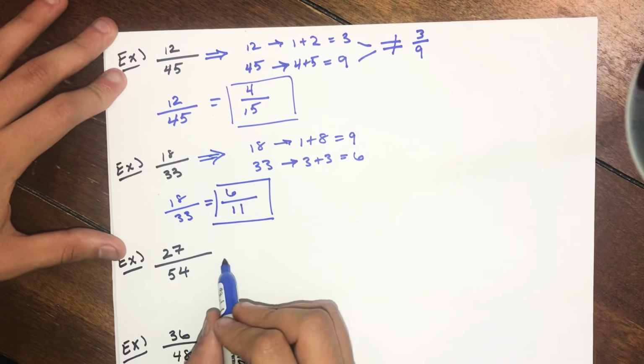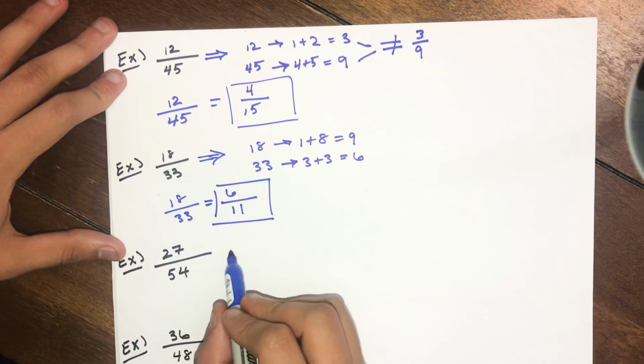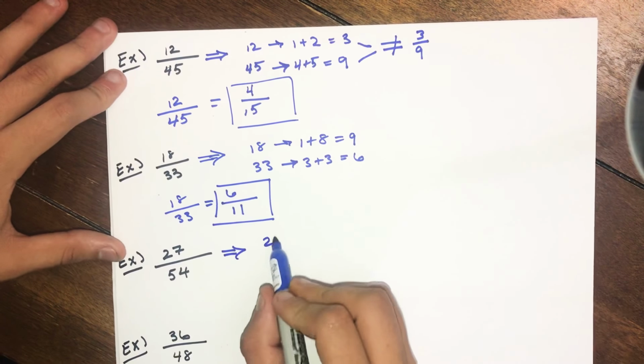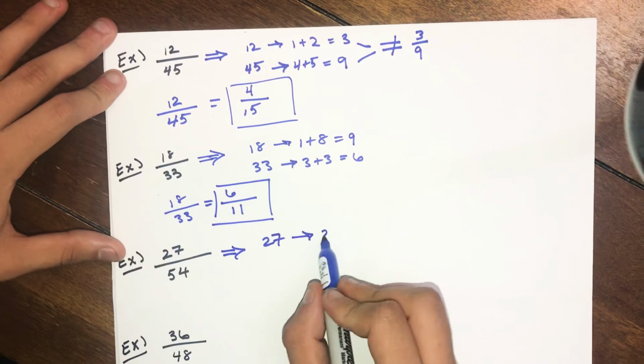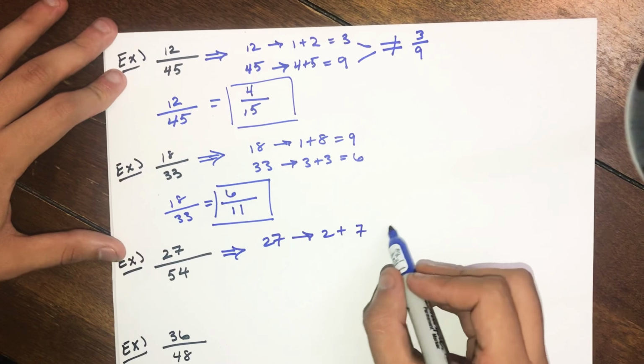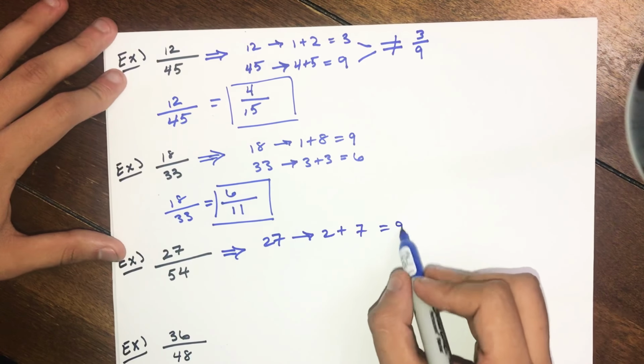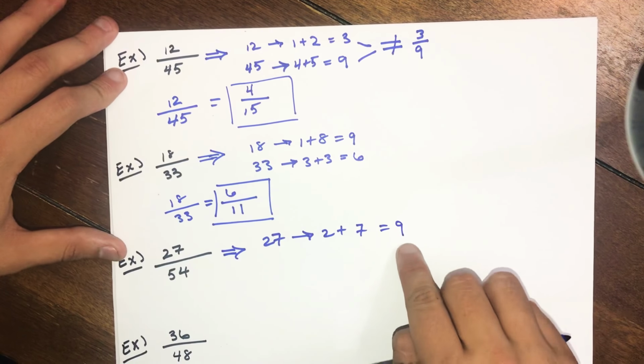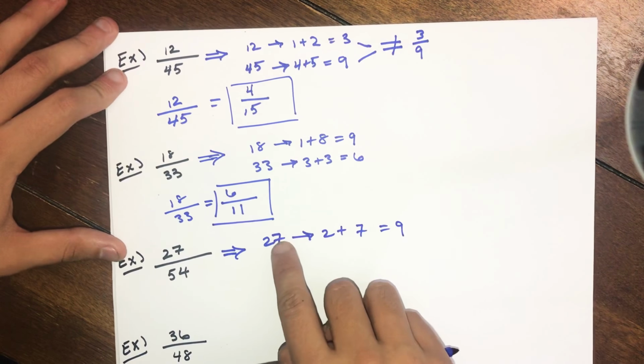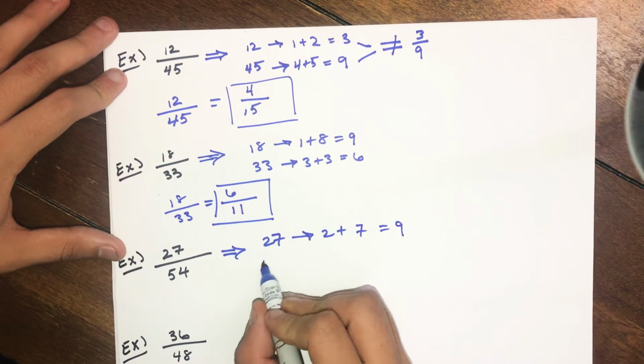Okay, another one. 27 and 54. Okay, 27 is going to be 2 plus 7. 2 plus 7 is 9. 3 goes into 9. That means 3 is going to go into 27 also. Okay, 54 will be